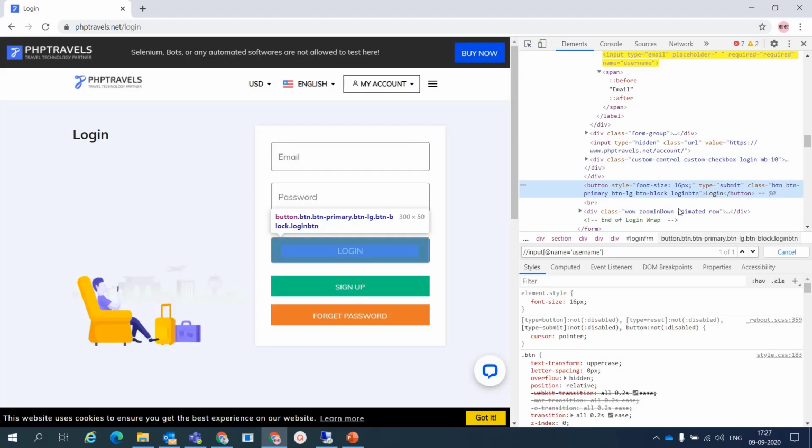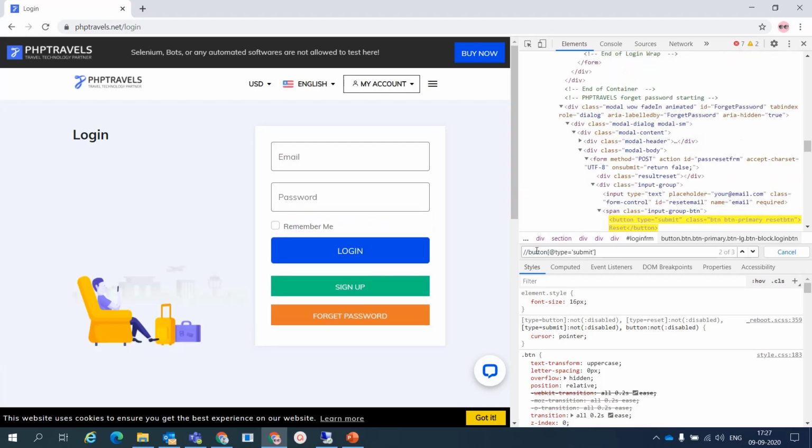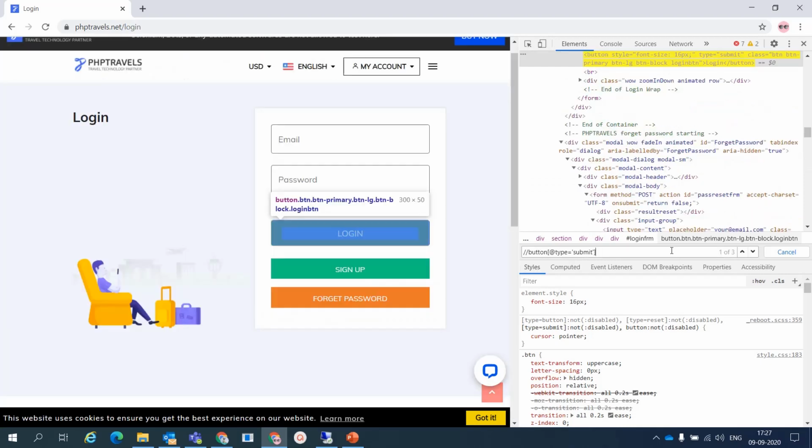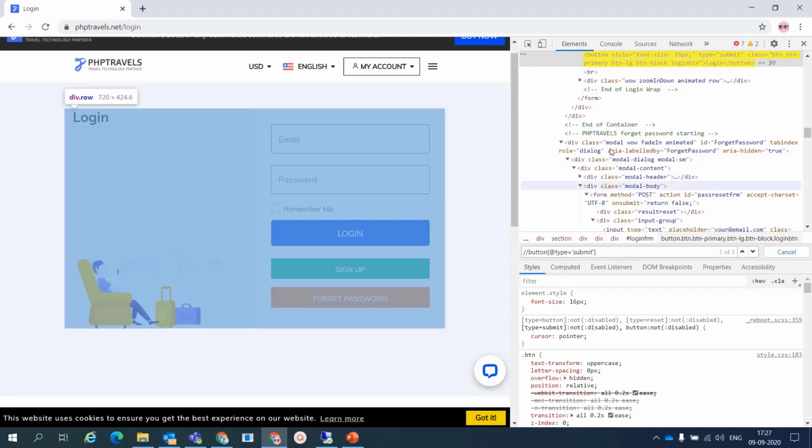So here you can give type is equal to submit, but it's not input, it's a button. Okay, but now we got 3 outputs. We don't want that, we want only the login button.